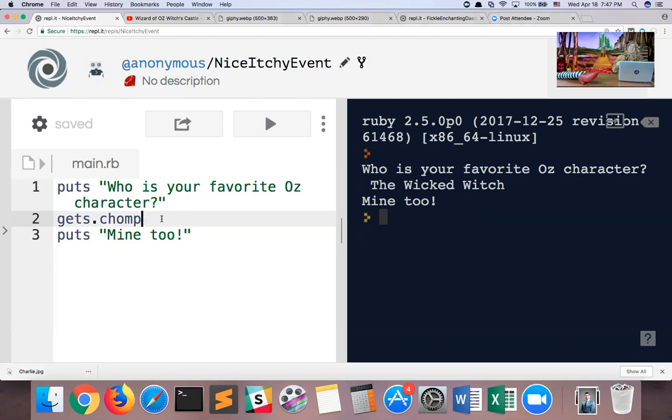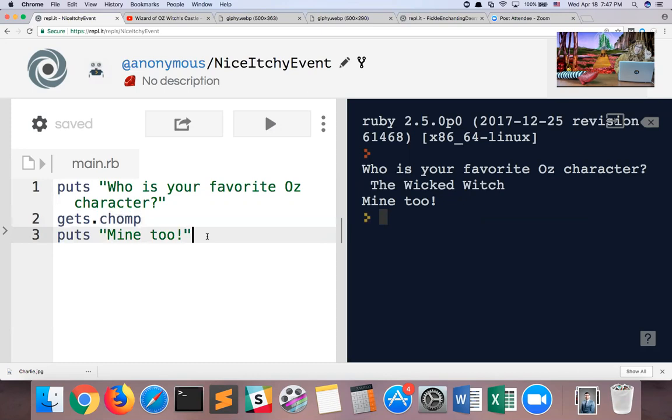As to why we do gets.chomp, it helps process the information better, which will make some of the future code that we're going to be writing tonight easier to work with. That's all I'll say for now, so I'm going to leave it sort of vague, but we're going to always use gets.chomp as a way to ask the user to type something in.